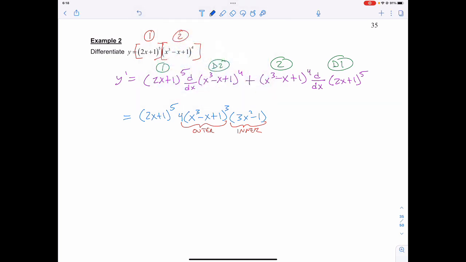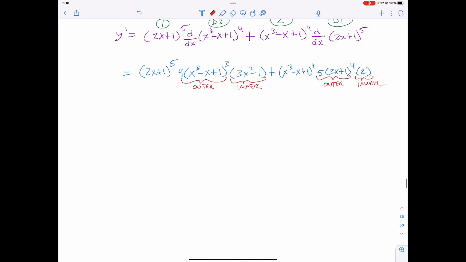Same thing for the next part. I have the (x cubed minus x plus 1) to the power of 4. And I'm going to multiply that by, for the outer, it's going to become 5 and (2x plus 1) to the power of 4. And the inner is just going to become 2. Which means what I actually have is 4, (3x squared minus 1), (2x plus 1) to the power of 5, and (x cubed minus x plus 1) to the power of 3,